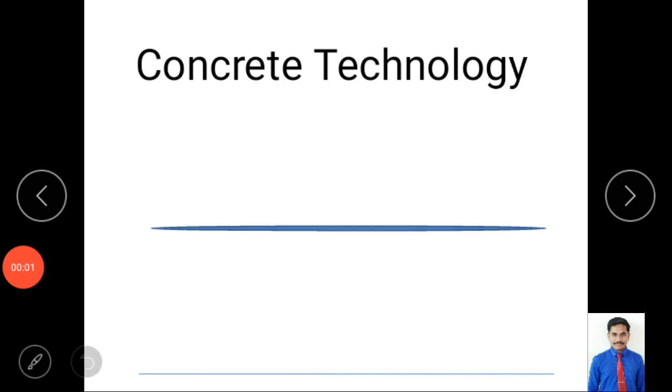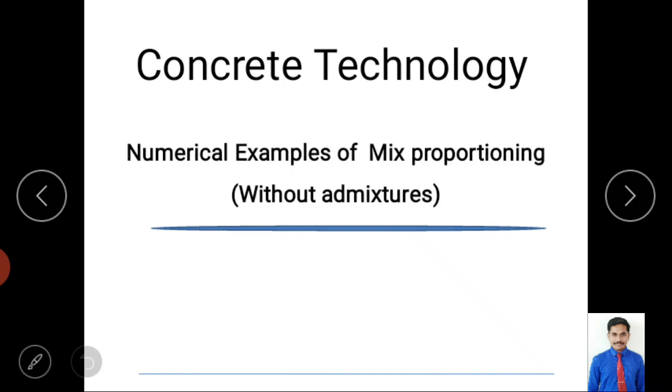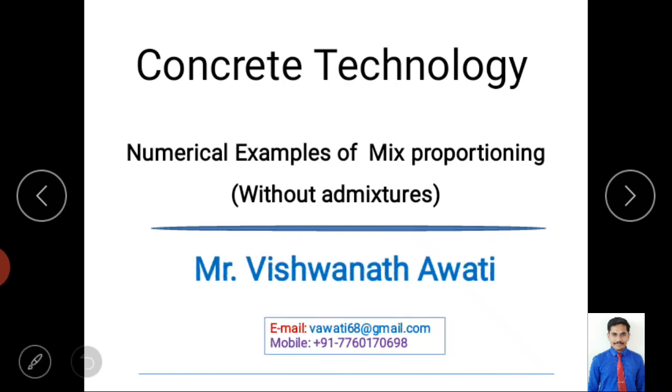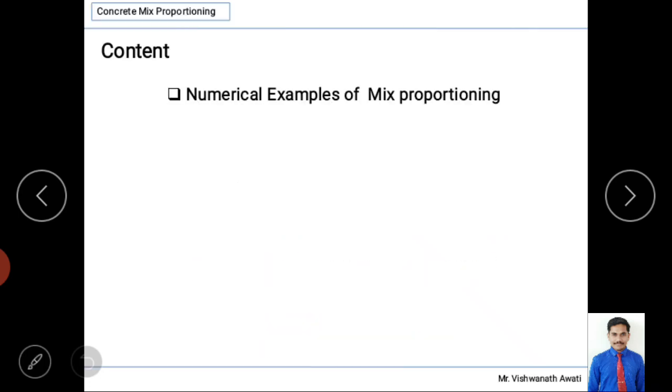Hello and I welcome you to my classes on concrete technology, and today we are mainly discussing a numerical example of mix proportioning, an example without admixtures. Means here we are not using any fly ash as a replacement material of cement. Myself Vishwanath Avati, and in this we are not solving all the steps, only the main initial 5